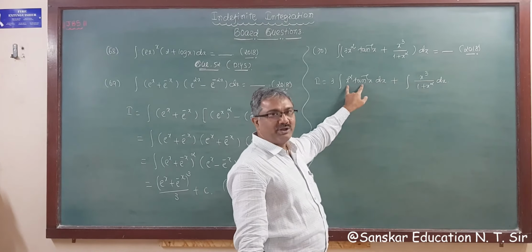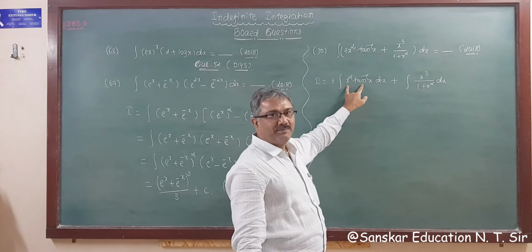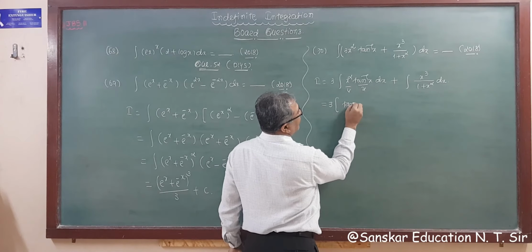Suppose we take here u into v, right: tan inverse is u, this is v. So the derivative of this is 1 upon 1 plus x square, and the integration of this is x cubed by 3. So keep this integral as it is, only apply the u into v rule to this. Got it? Did you understand what idea I have taken? So applying the u into v rule, this 3 is as it is, right? Okay. Now u as it is, so tan inverse x as it is.